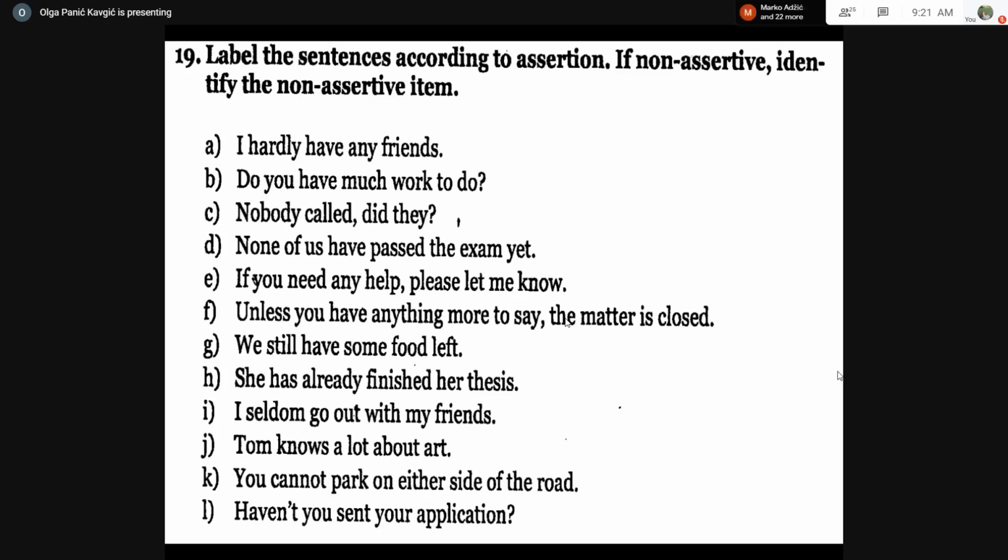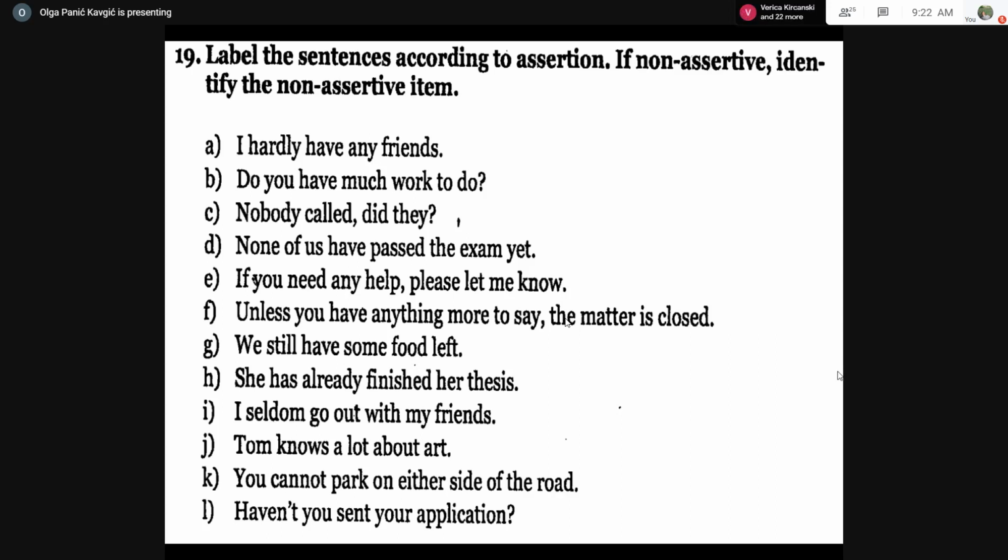Milivoj Popov, is he here? Yes, I'm here. Okay, good. So please, Milivoj, could you do the next one? And that is I. I seldom go out with my friends. That is non-assertive. Good. Why? Because it has a non-assertive item, seldom. Very good. Excellent. So seldom is one of those items which, when you look at them, don't appear to be explicitly negative or explicitly non-assertive, but when you think of the implicit meaning, it does carry negative implications. Okay, good.